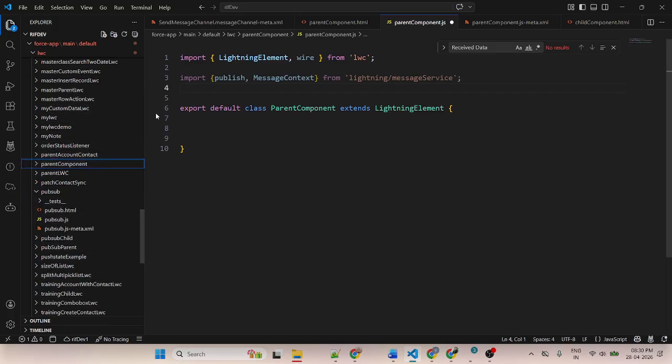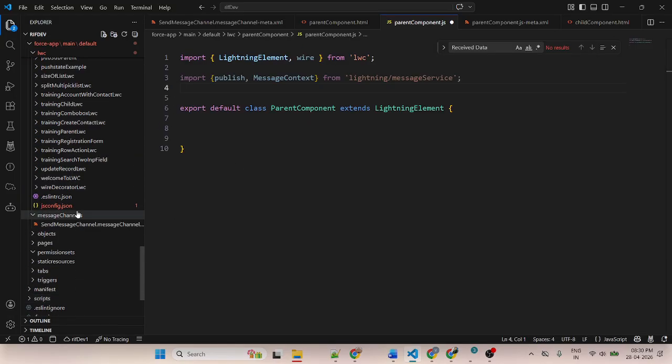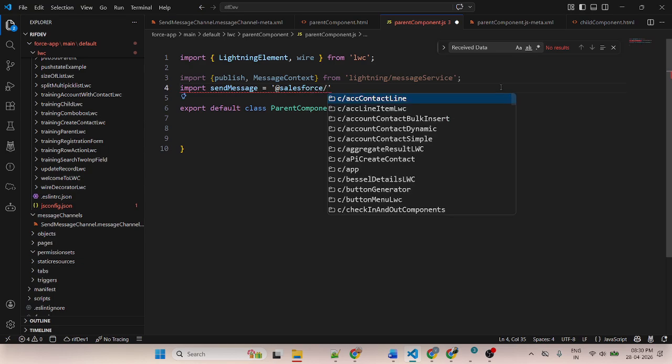So this is my folder, message channel. This is my file name. So how to import? Similarly, put the name of the variable, sendMessage equal to @salesforce.